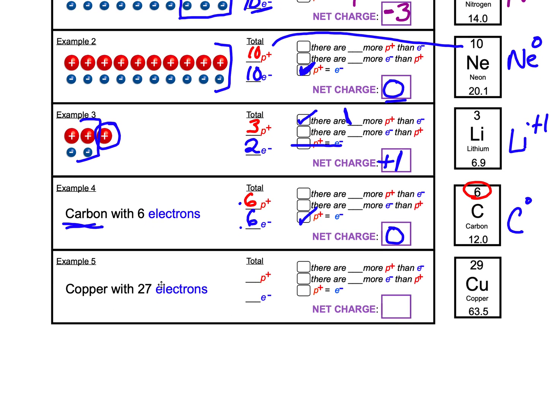And finally, copper with 27 electrons. So you're going to look on the periodic table to find out how many protons. You don't need those little circles. You just look over here and you see that it's 29. And then I give you the information about the electrons. I tell you there's 27. So you compare those two. Remember, red and blue are going to give us our purple, our charge. So it looks to me like there's 2 more of these red positives. So we're going to go up here. There are 2 more protons than electrons. That gives us what our charge is. What is there more of? There's more of those positive things. How many more? 2 more. So you would write Cu plus